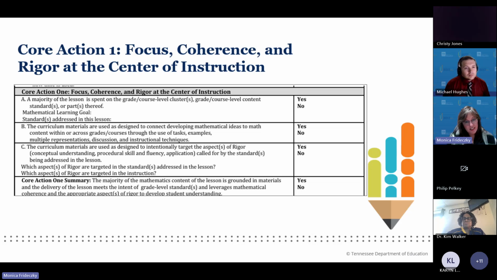So one of the questions that I think I would ask first before doing any walks with a principal is to ask, do you have access to your HQIM for math? If not, that may be something that you want to inquire about, getting access either to a digital platform so that you can become more familiar with and reference the materials, what's happening in the lessons, either before or during or after you do the walks.